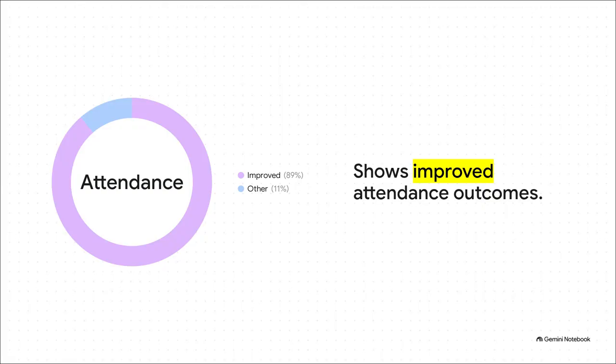Let's dive into some of this data, starting with an 89% improvement in attendance. But don't just see a statistic here. Think about what this really means on a human level. It represents the return of a peaceful, functioning school. It means kids who were literally terrified to walk down the hallway last week are actually showing up to class today because they finally feel supported and equipped to handle their environment.